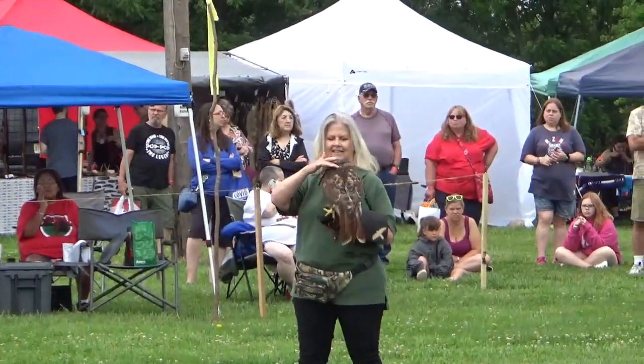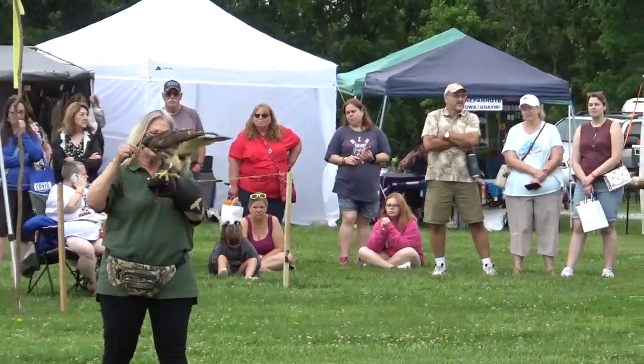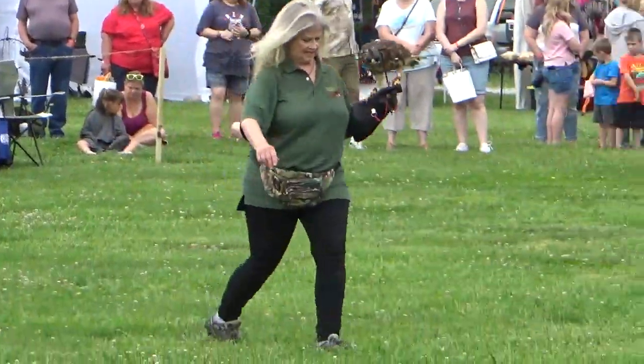It fits that bird comfortably and perfectly. It's made out of lightweight leather. It's like a fancy hat, but we call it a hood because it blocks the bird's vision. That's its only purpose. Now that's very important because, as I said, if she became frightened, if we were standing